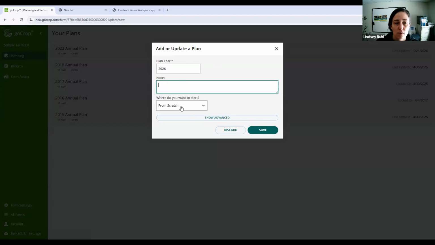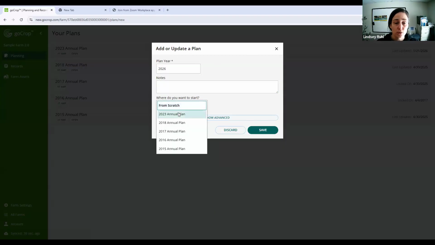Our next option we have is where do you want to start? And we have this from scratch. So that means you're going to re-enter all of your data. And chances are you don't want to do that. So if we click this, we have this option to base our 2026 plan on our 2023 annual plan, which